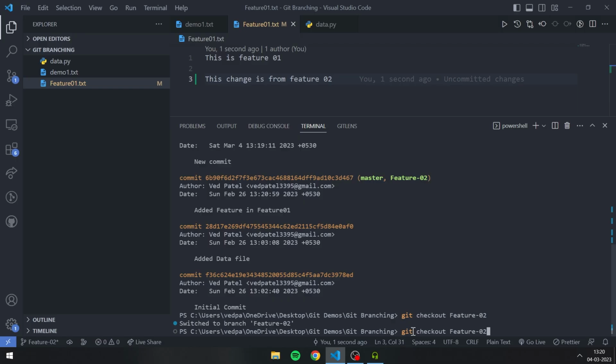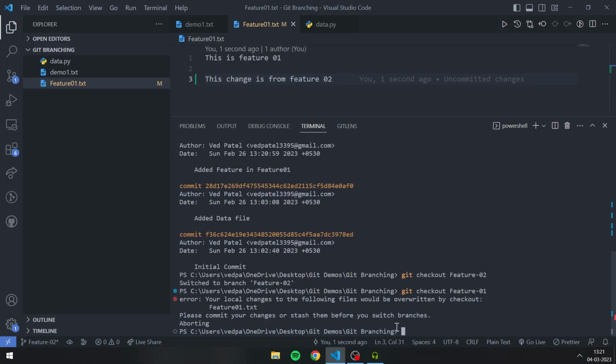In the previous example, we saw that I was successfully able to switch a branch, but okay, you can see that this is throwing an error. Your local changes to the following files will be overwritten by checkout: feature 01.txt file. It is saying that you have made some change on line number 3 of the feature 01.txt file, and you are trying to switch to a branch where there is already something on line number 3. So you are trying to override that thing, but this is not possible without committing or